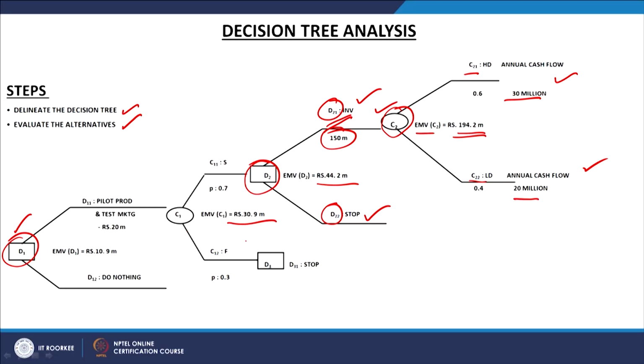So, this is the first step, half of the decision we have taken here, and now we have to go to the next level and calculate the NPV at C1. And what is C1? C1 is about making the investment in D1, test marketing, right. Test marketing requires an investment of 20 millions, and there are 70% chances of success, that test marketing will be successful, whereas 30% chances are of failure. So, now we are going to evaluate the decision D1 or D11 on the basis of chance C11.